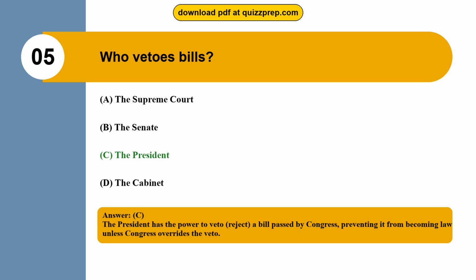The President has the power to veto, reject, a bill passed by Congress, preventing it from becoming law unless Congress